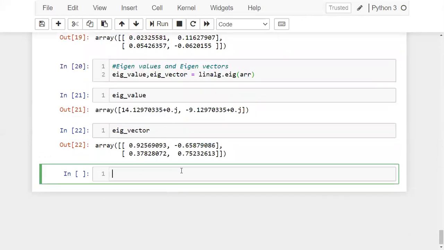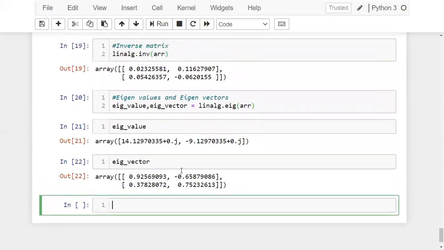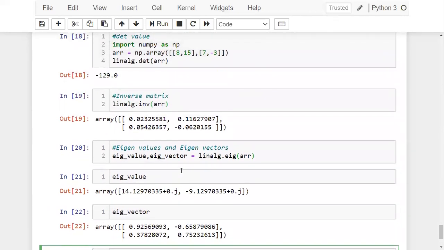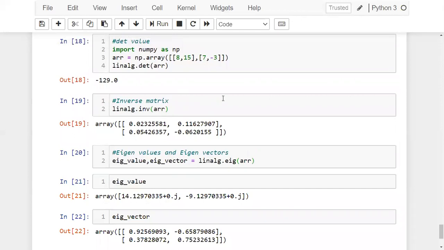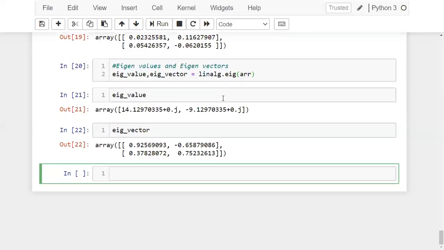I request you to go through eigenvalues and eigenvectors once, and what an inverse matrix is. Okay, these are some basic things which are available in linear algebra, like finding the det and inverting your matrix, finding eigenvalues and eigenvectors using this linalg package of SciPy.